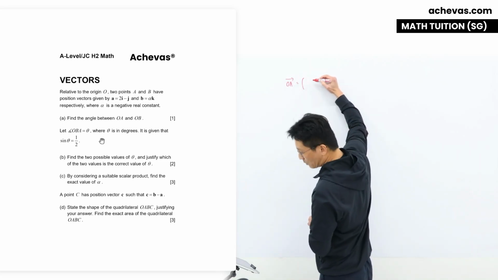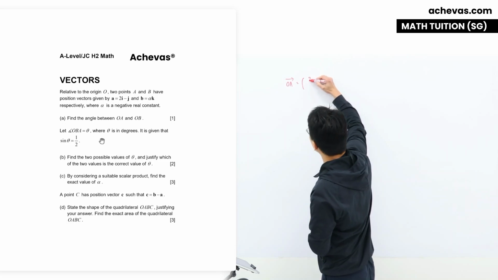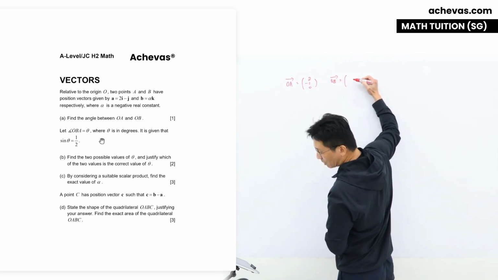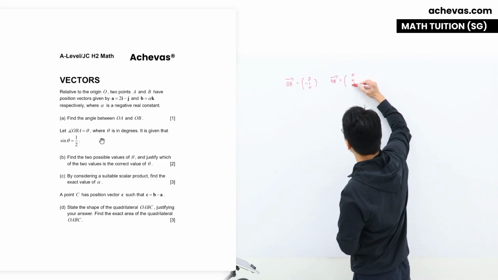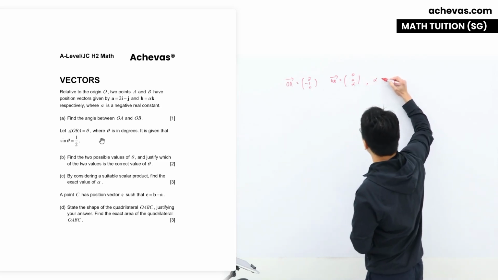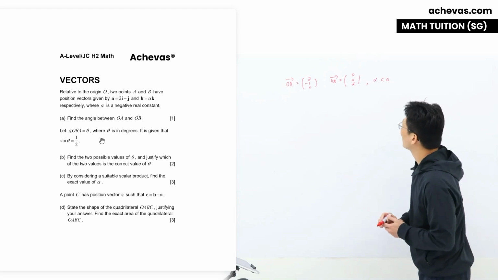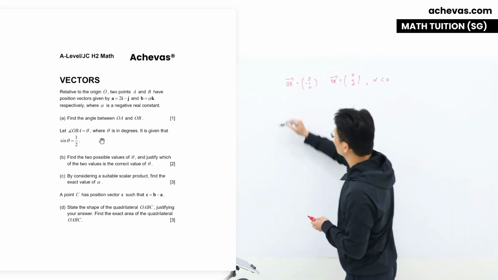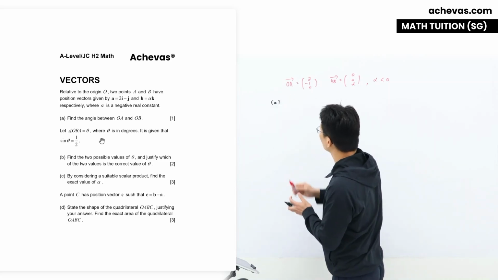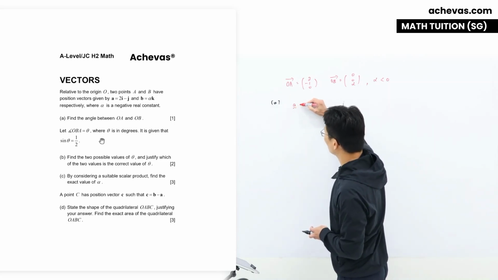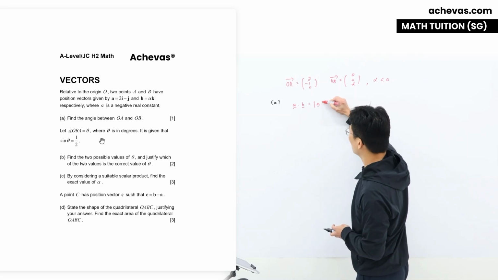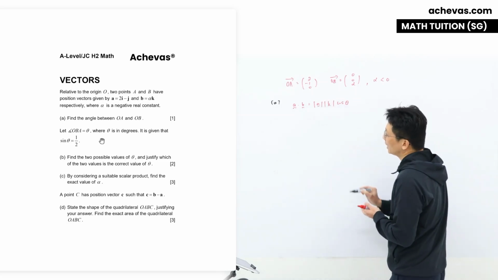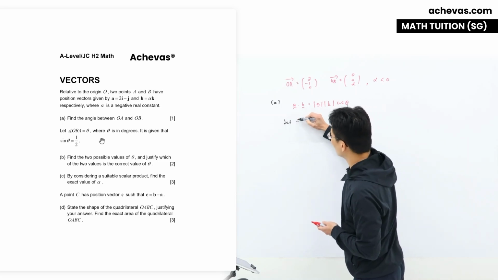For OA, I'm going to rewrite it as a column vector, which is (2, minus 1, 0). And OB is another column vector given to be (0, 0, alpha). Let us remind ourselves that the value of alpha is negative. To find the angle between two vectors, we are going to utilize this dot product formula: A dot B equal to modulus A, modulus B cosine theta. In this case, I will just let the required